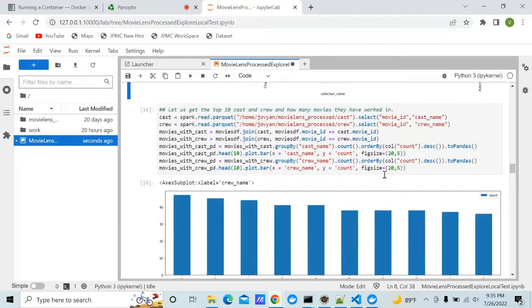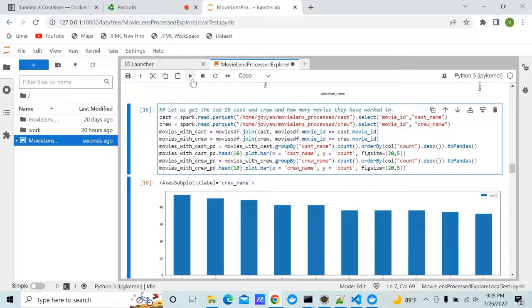So moving on to the next step, we're going to do cast and crew, some kind of analysis to say who is the cast